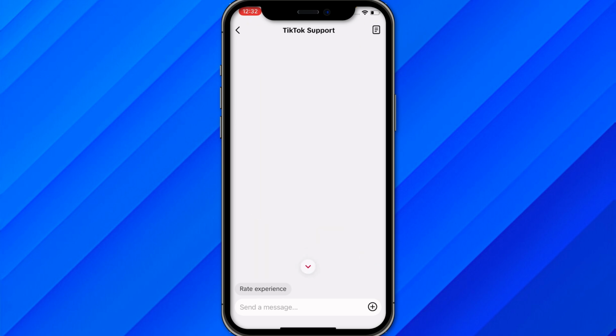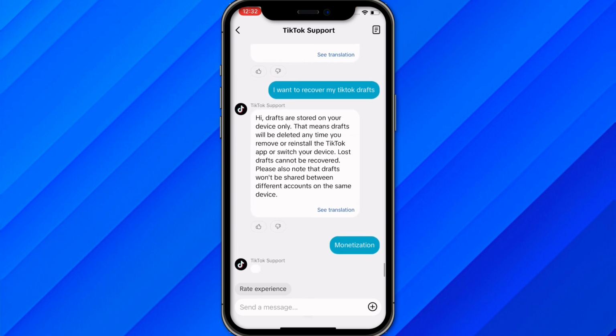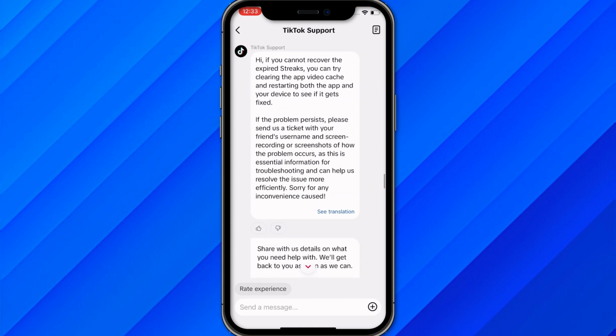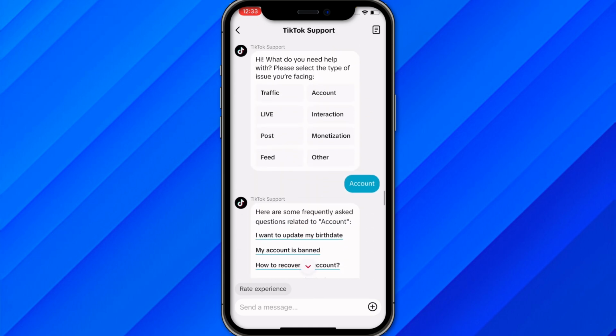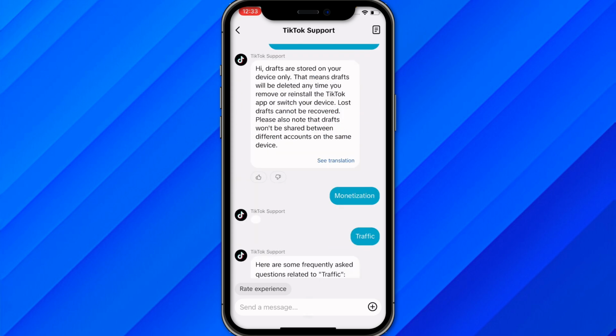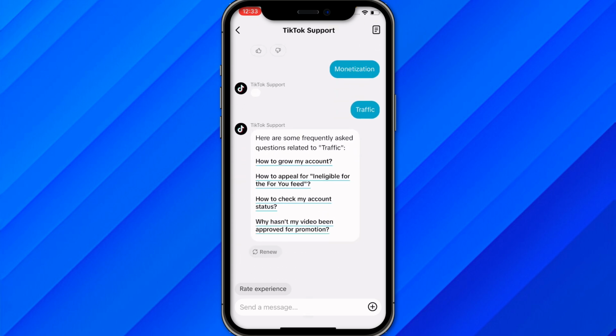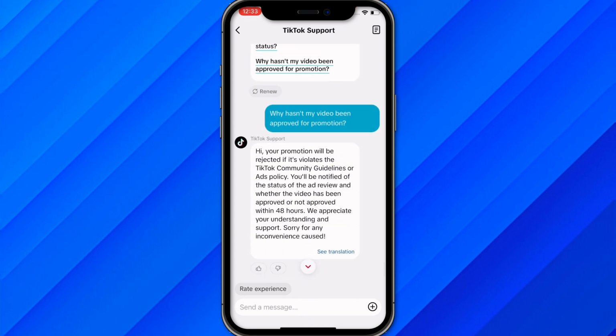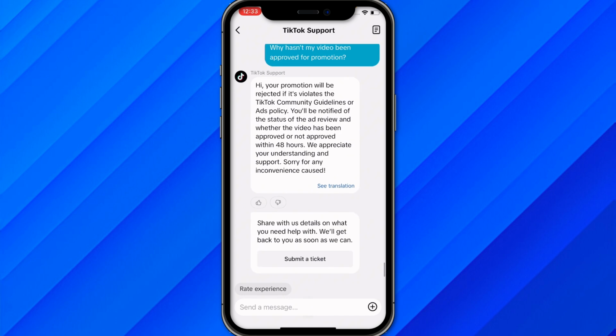I click on this option, and they will guide you to something different, or you have to get a submit a ticket option at the end. So let them complete this, and I again click on any of the options. These are the basic questions, just click on these options, and as you can see, this is the option